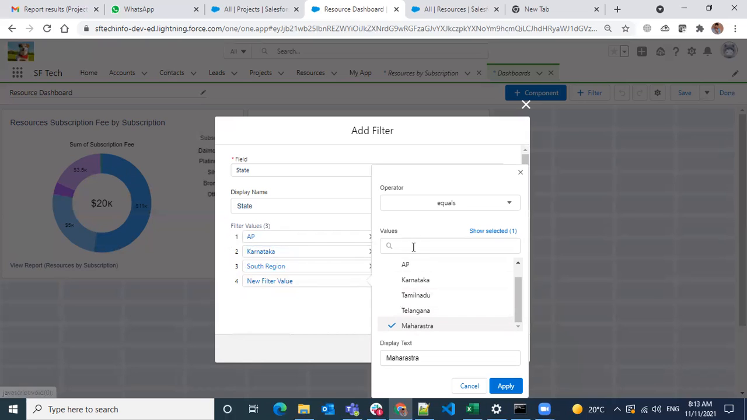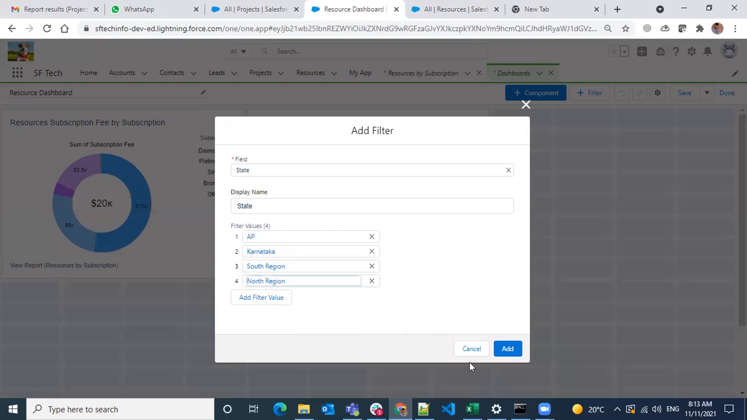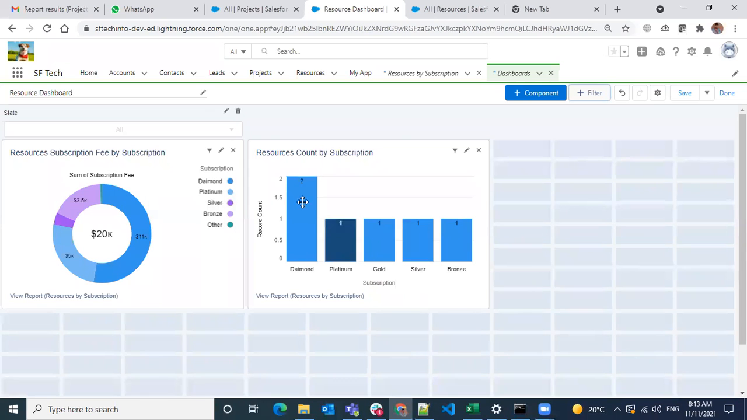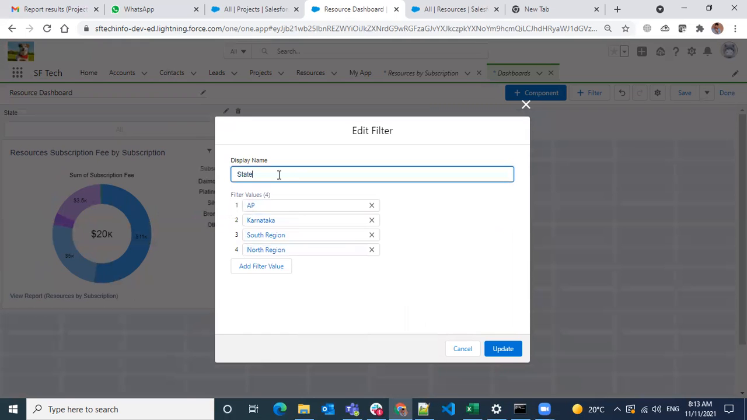Okay. Selected the value and you want to display it as, not region. Okay, and done. So you have one value over here. So how you want the display name, select region or